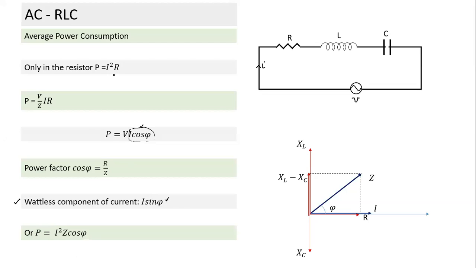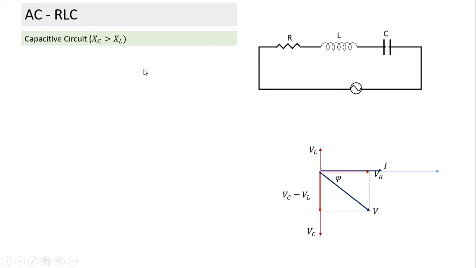And we can write in other forms also. This power is equal to I square R. What is R equal to? This hypotenuse is impedance Z, and this angle is phi, so Z cos phi is equal to R. So I can replace R with I square into impedance into cos phi. If we understand phasors, we can write in multiple forms, but the easiest form to understand is that power consumption is equal to power consumed in the resistor. That's what we had done last time.